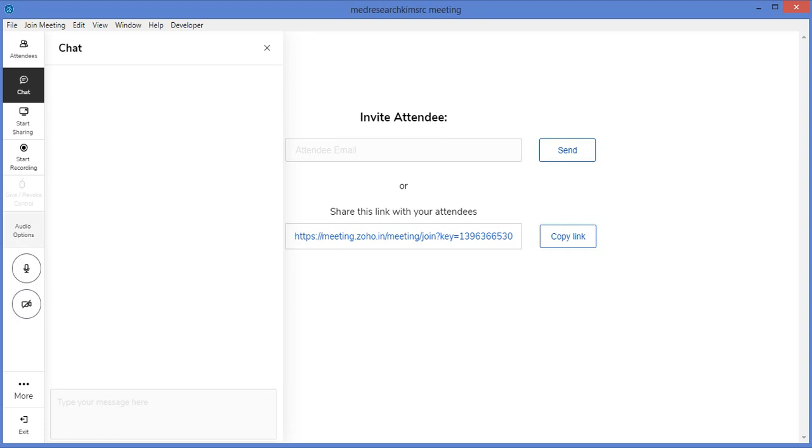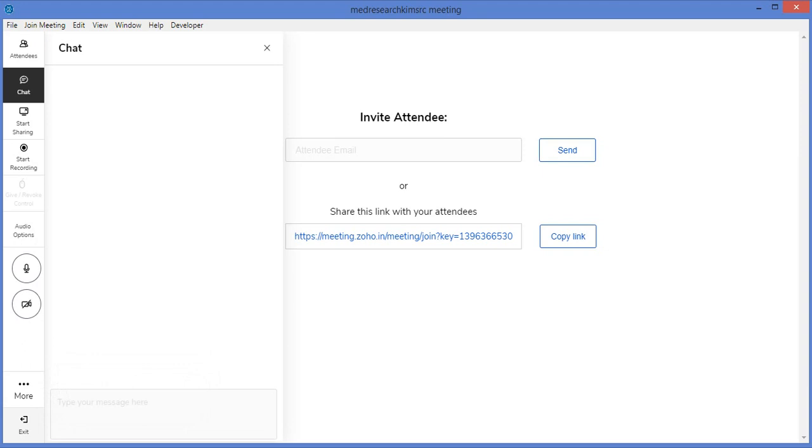And down below, under audio options, you can see microphone and camera. Since I have turned off my video camera in the beginning, it is showing a strike mark across the video symbol. But audio, meaning the microphone, is still on, and see to it that our microphone is always on, so that it will be audible to the participants whoever joins this meeting. Down below this, you can see more options, such as conserve bandwidth and lock meeting, which is already explained.